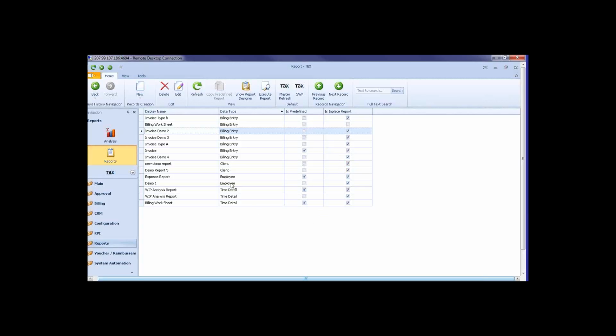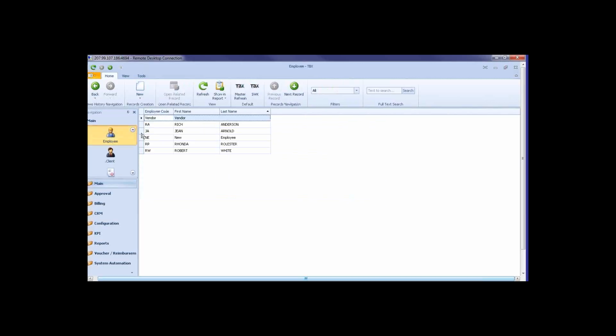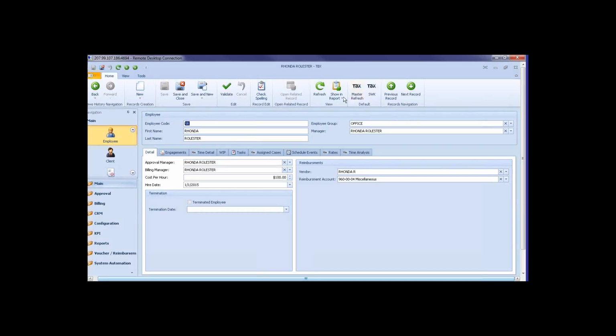And let's find a good example here. Let's do our demo employee report. This is set up as an in-place report. And what that means is they place a button right on the user interface for you so that you can access that report. So if we go back to our main menu and go into our employee and double-click on an employee and hit this drop-down, we're going to see whatever reports are employee reports and are able to report directly from here. So if we do our demo 1 report,